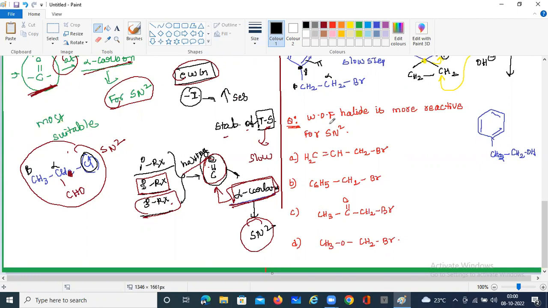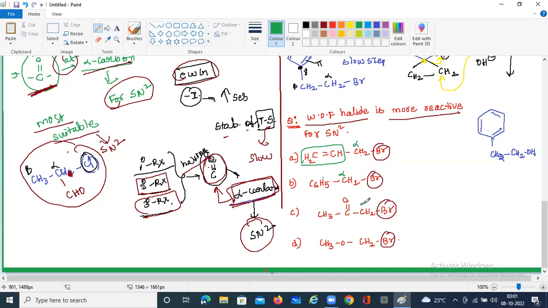Which of the following halides is more reactive for SN2? That means most suitable for SN2. What is this? This is vinyl. The adjacent one is an allyl halide. What is this? Phenyl, the bromine's alpha atom has a phenyl. This one has a vinyl on the alpha atom. And for the bromine's alpha atom,